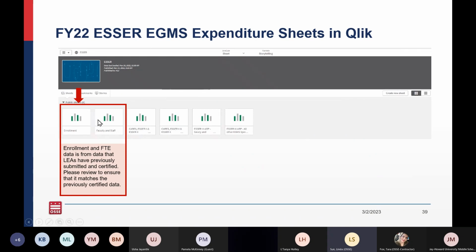For this, you can just click into these to make sure these numbers are right. If they're not, please reach out to us and let us know so that we can look into why there's potentially an issue or a discrepancy. This should match the data that y'all previously certified for the 21-22 school year around enrollment and FTE.